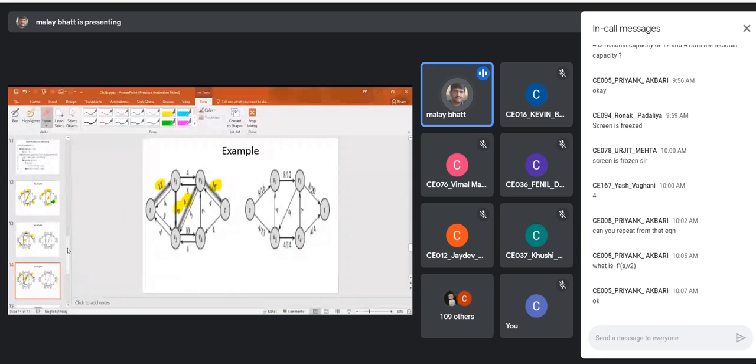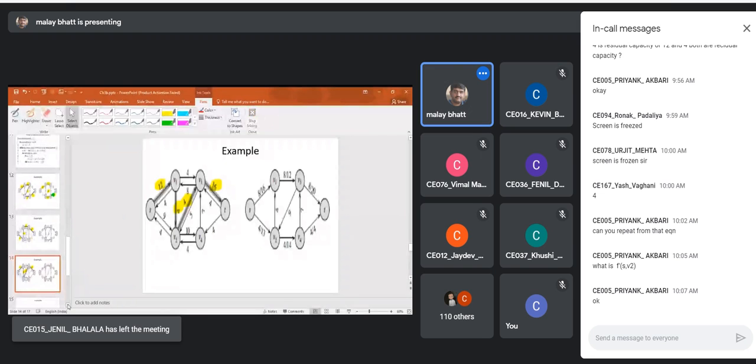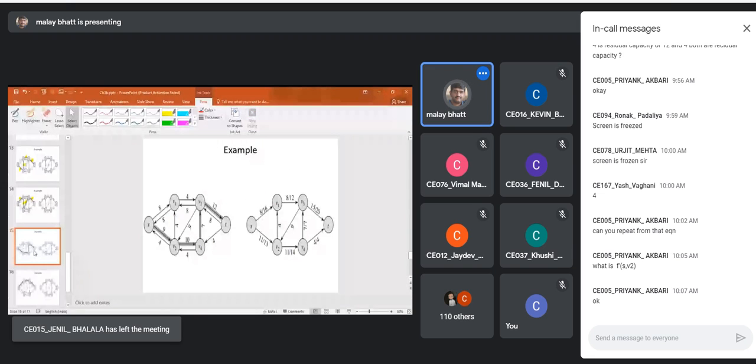V2 to V3 will be 0, obviously, and V3 to V2 will be 9, because 4 you are utilizing. So that 4 will be added in the residual capacity. So 5 plus 4, 9. So that's what we are getting here. Again, we are selecting the augmentation path.